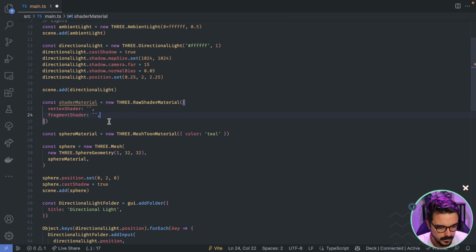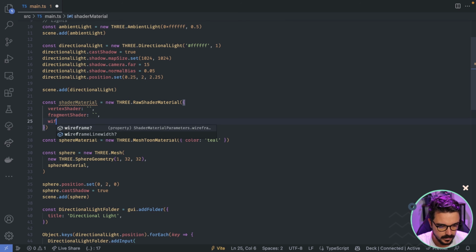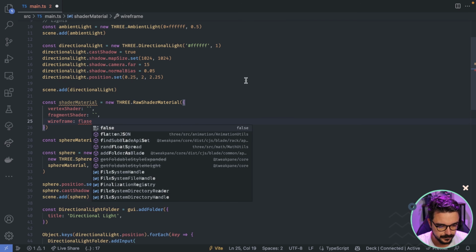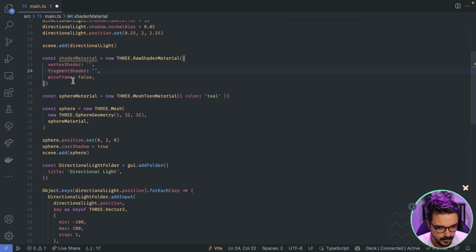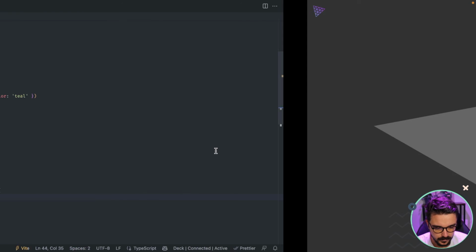Also, let's add wireframe. For now, let's use it on the sphere. So I'm gonna replace the sphere material with the shader material, and let's see how it looks.